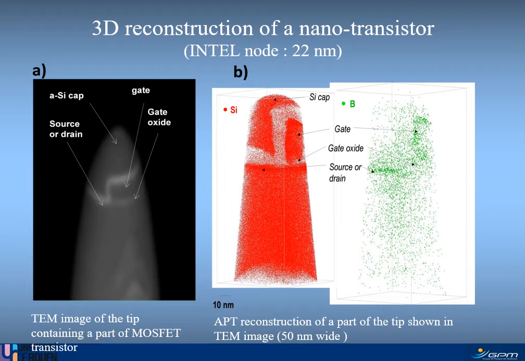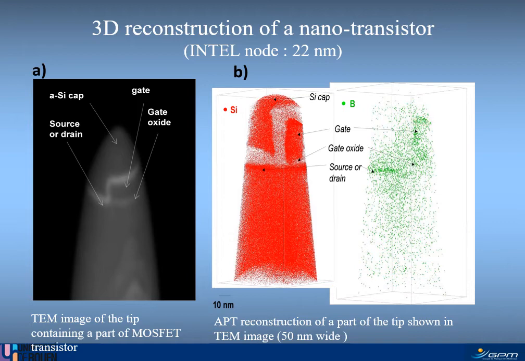This is the TEM image, and afterwards we put this tip in the tomographic atom probe instrument, and we analyzed this material, and we reconstructed the distribution of silicon atoms. And what you see here is the distribution of boron atoms. Boron is a dopant, okay? And what you see here is that boron is preferentially located in this region,